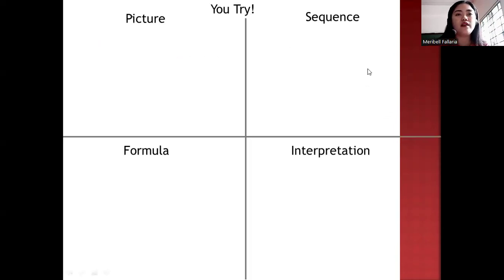So now let's have a summary. Let us summarize our topic for today. For today, we tackled solving problems involving sequences. The first sequence is the arithmetic sequence. To solve a problem of arithmetic sequence, first we're going to identify the value of d and then the value of a1. After that, we're going to identify which formula we are going to use,